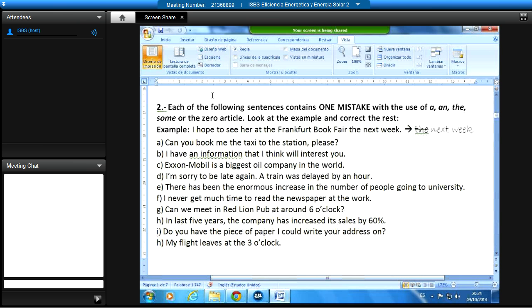To the station. So to book is to reserve, because in the past, when there were no computers, when there was nothing, you went to a hotel and you had to register in a book. So if you went to make a reservation, the receptionist didn't have a computer, so they needed to write the reservation in a book. So that's why it's called to book.